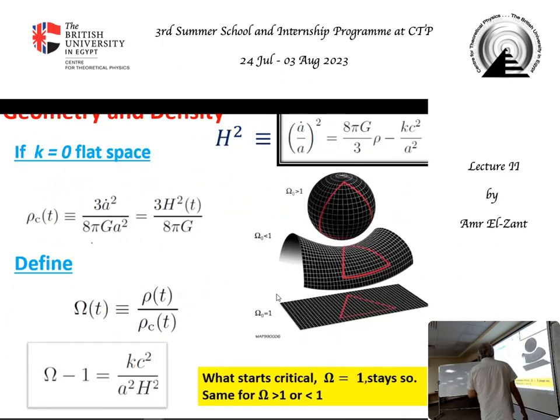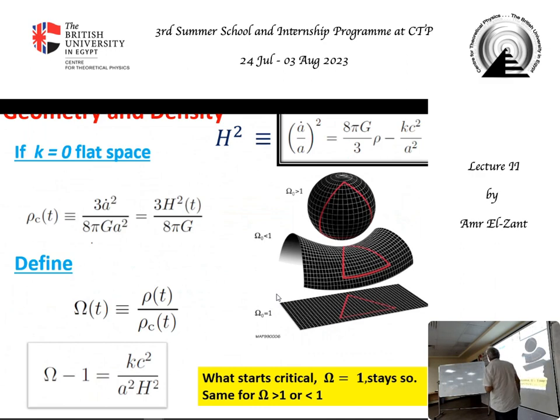Okay. So how do you do this? Here are the Newtonian parameters turned relativistic. The 2 parameters: the density, and our constant divided by a squared. The constant divided by a squared, and the density multiplied by 8πG over 3.